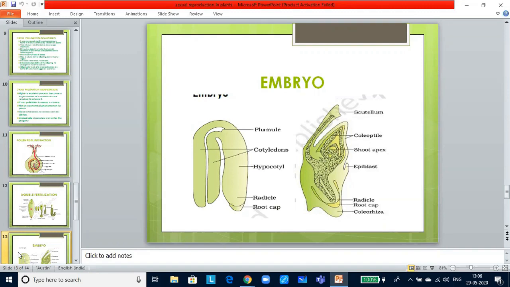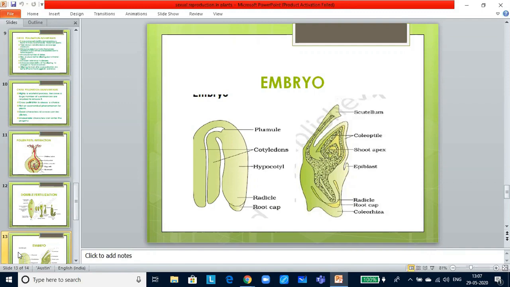Generally, PEN undergoes successive nuclear divisions to give rise to free nuclei. This stage of endosperm development is called free nuclear endosperm. Later, cell wall formation occurs, making the endosperm cellular. Endosperm may be completely used by the developing embryo before seed maturation, as in pea and groundnut, or can be used during germination, as in castor.